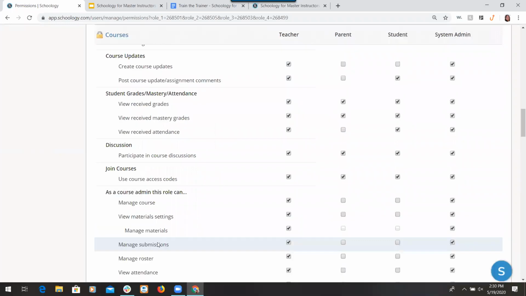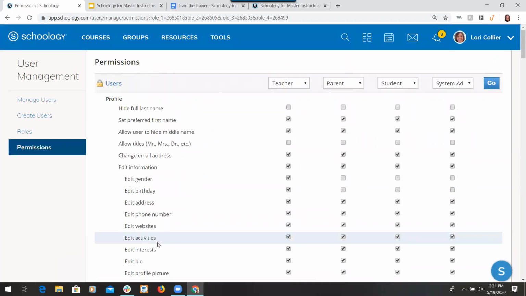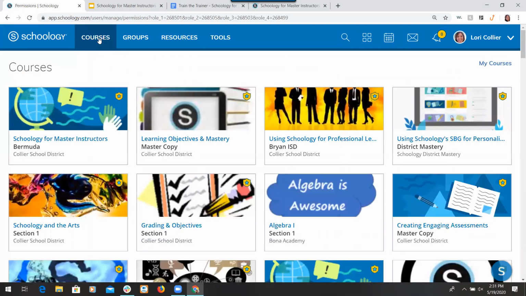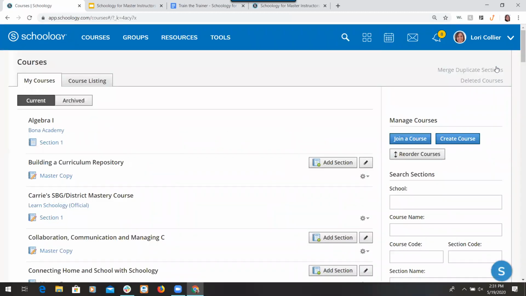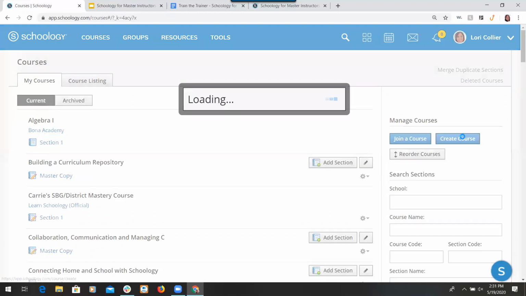Alrighty. Now folks, you're going to have to reload your account. So all you have to do is click on Courses at the very top, and then My Courses. We just have to reload that permission, and now you should have the button that says Create Course. All right. So click the button for Create Course,